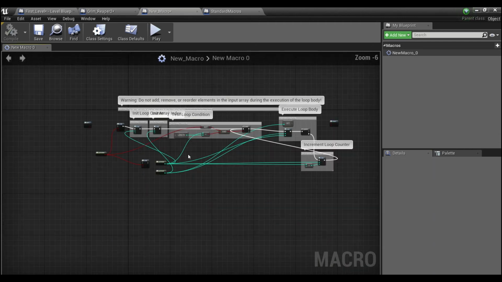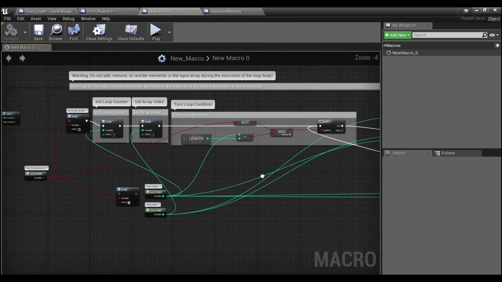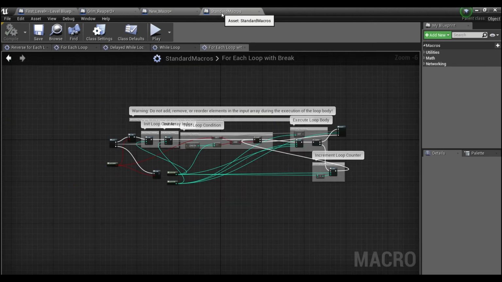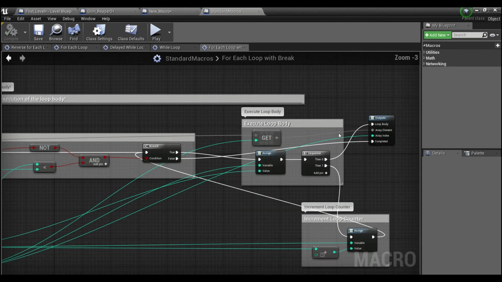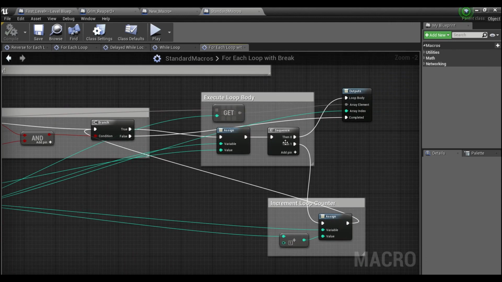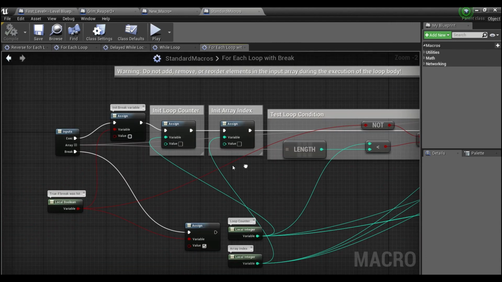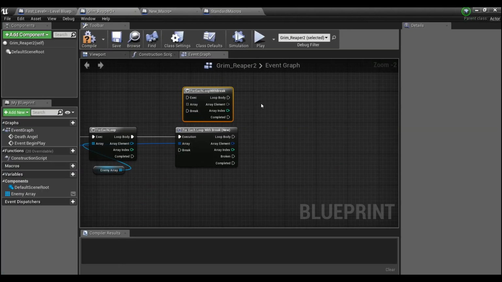I'm not going to go over all of this. I'm just going to show you the changes that you need to make after you copy and paste, and make it look exactly like this one with these 4 outputs and these 3 inputs. What you're going to end up doing,